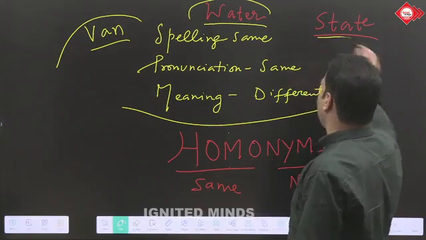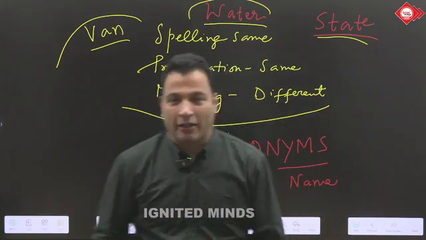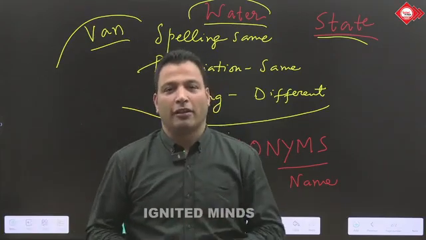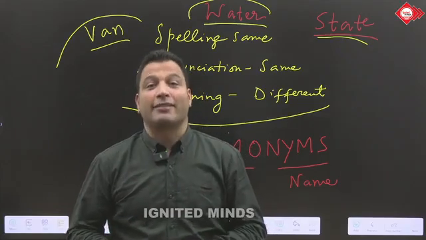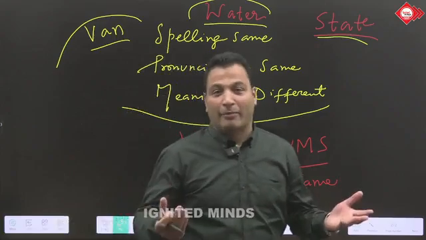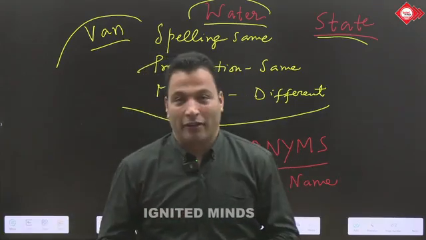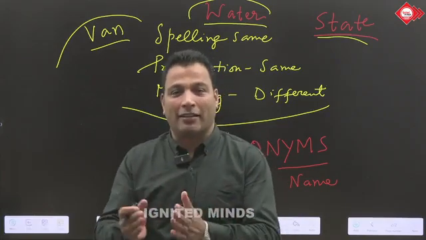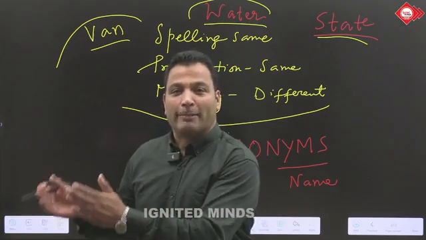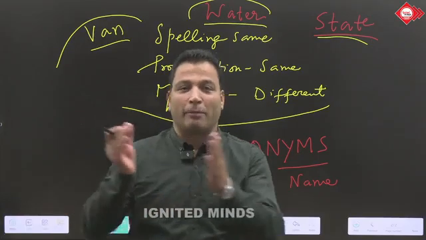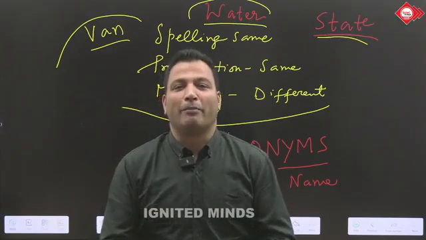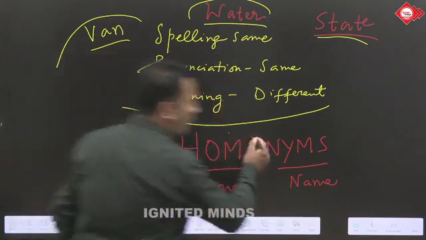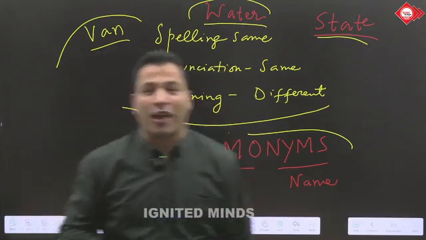So state. If I say water is in liquid state, तो water की meaning, state की meaning जो है वो बन जाती है condition, हालत. But then I say UP is a state of India, and at that time state means a unit of country. So STATE as condition, STATE as unit of a country, spelling same STATE, similarly pronunciation same STATE, but the meaning is different in two different contexts. And when that happens, dear friends, we call this as homonyms. So that is English as a homonym.